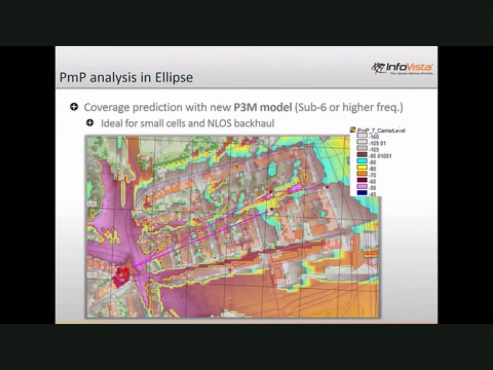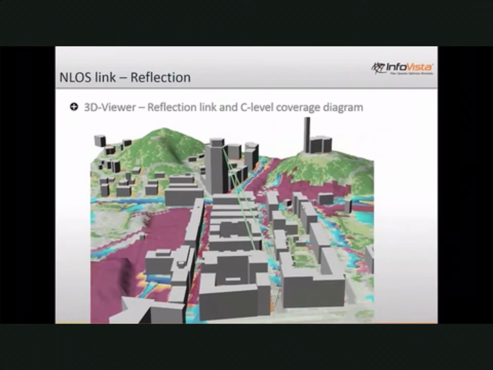And then I can see this area here where it's pink, so it's quite a strong signal. Because of the house here, I can assume that I have line of sight to the other side too. There are other features in the tool where you can select several sites to see if there is line of sight in between, so there are a lot of investigation options. But when you see this, you can actually create this link and open it in the 3D viewer